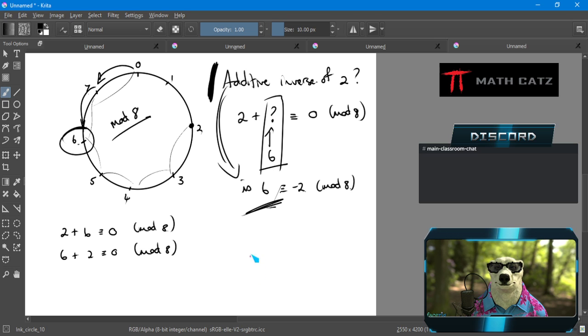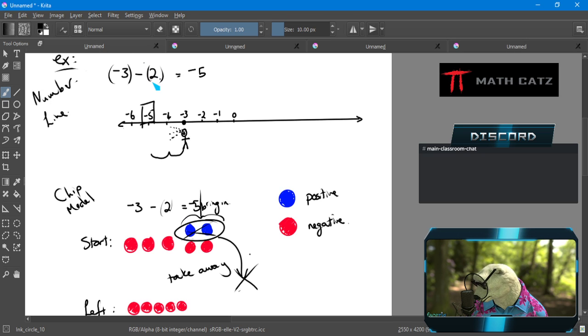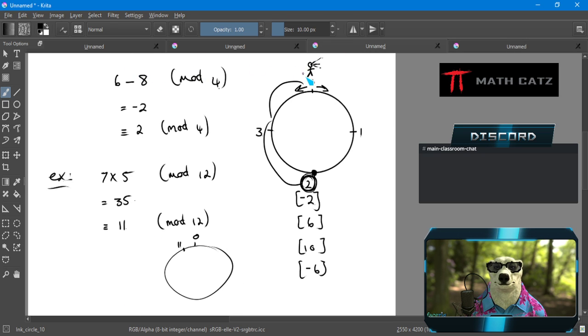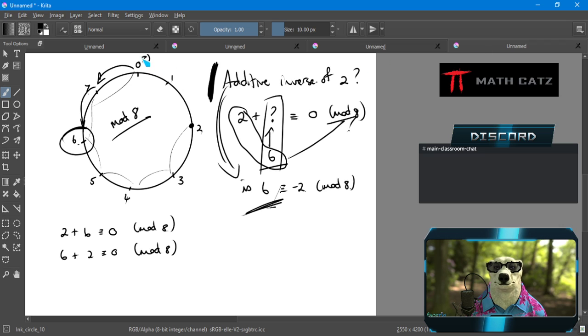And it then of course depends on the circle, how many steps I need to take to get back. So you could think of the 2 and the 6 together, they need to give me 8, which is equivalent to 0. There's an 8 hiding right there. Whoa, what did I just do? Seriously, what did I just do? There's an 8 hiding right there. 8 and 0 are equivalent on the mod 8 circle. So the size of the modulus is the same as my target. These two numbers have to add up to that.